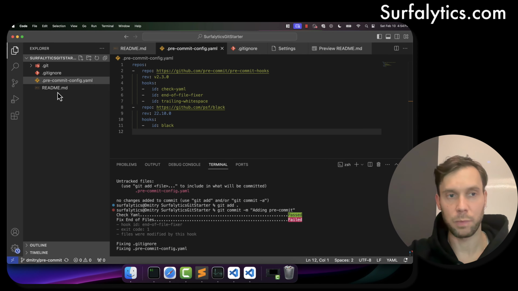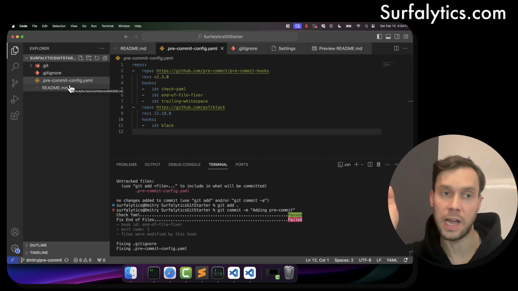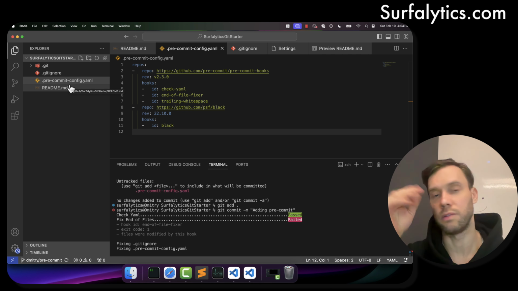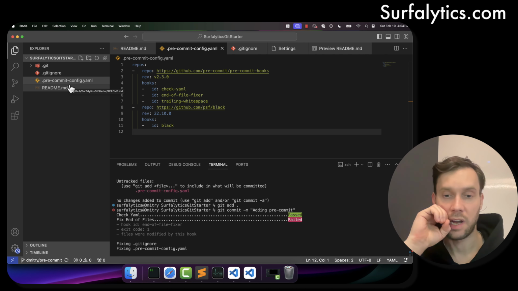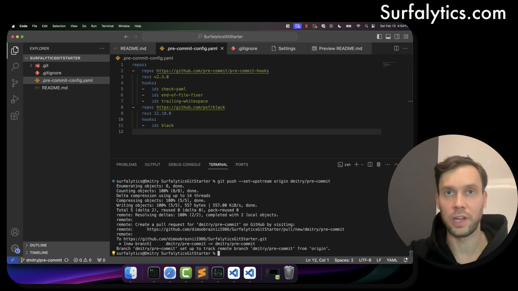By the way, we already have two types of files. One is Markdown, and one is the YAML file. So those are quite popular. And I will make a dedicated video about file types that we commonly use, including JSON, CSV. But before that, let's just focus on adding